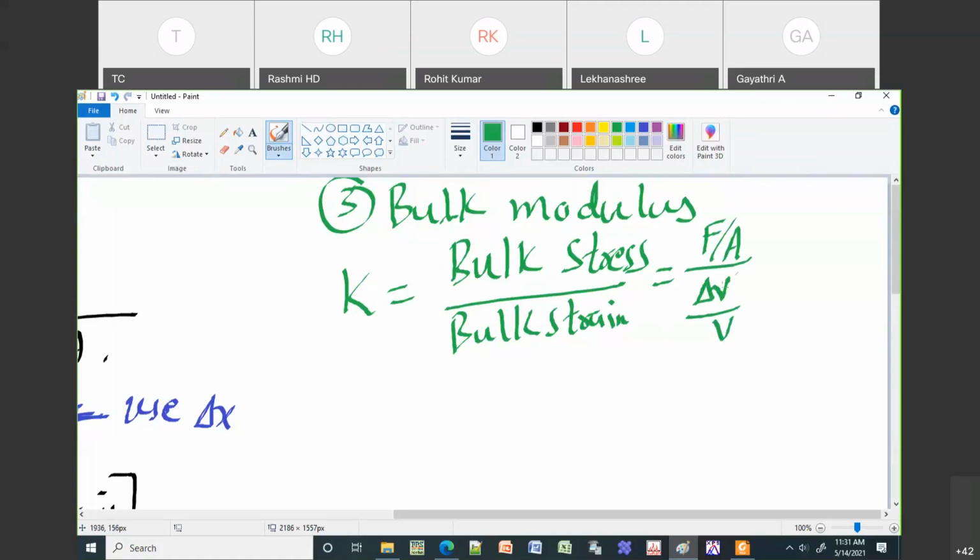So in that case, force per area is the pressure that you are applying, and because you need to apply uniform pressure, this is the pressure, and then divided by delta V. V is the volume, you need to take length into breadth into height. So length into breadth into height, all things are 1. So 1 into 1 into 1, it is still 1. So I'm just going to write delta V is equal to V, because V equals 1 cube, because x equals y equals z equals 1.